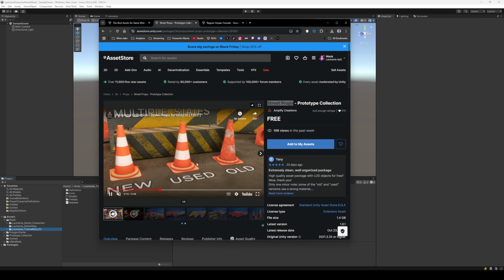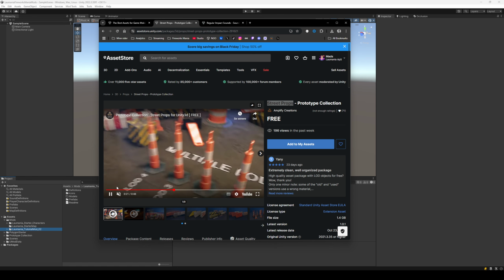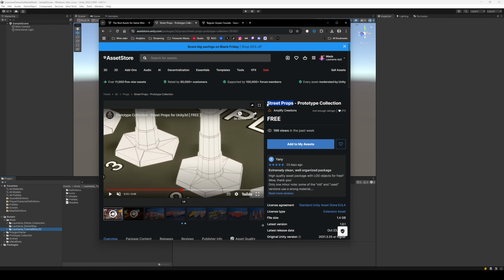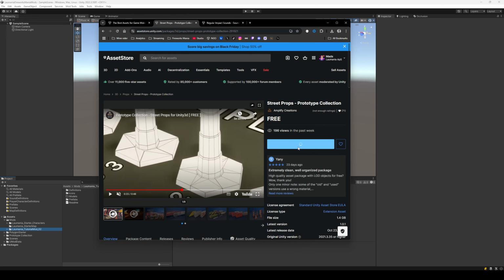Very high detail actually, props, but so let's make a little street prop. What's it called? Street props prop for the game. So what I do is that I click on this one, add to my assets,